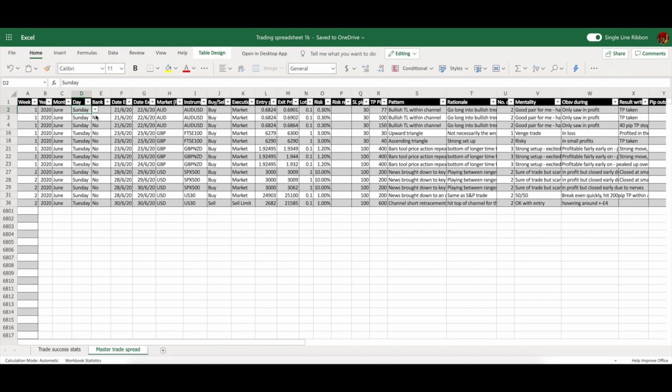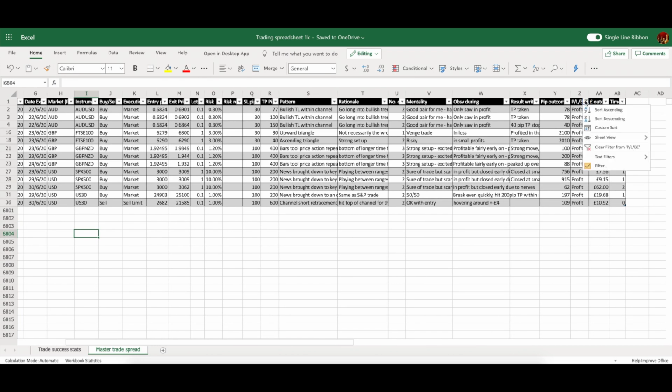Interesting, right? So I trade all week, but these are the days that I enter. The only profits that I've made in the first 2 weeks are trades that I've entered on a Sunday or a Tuesday. Pretty crazy, right? And then if we were to conversely look at the losses,